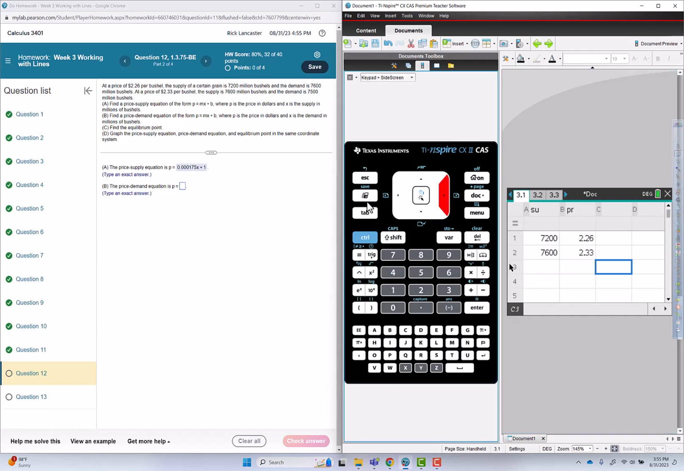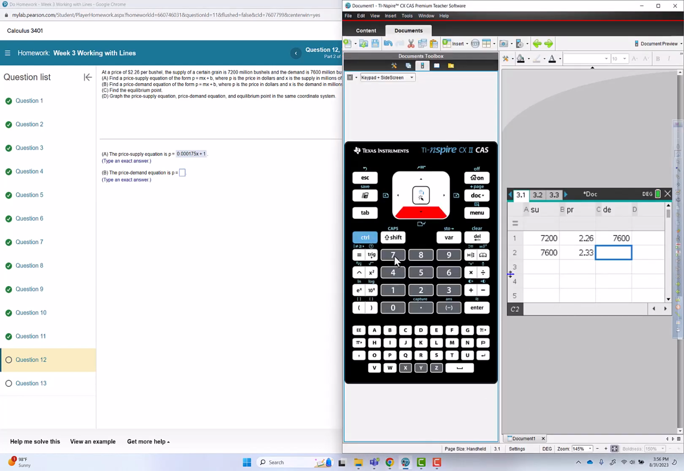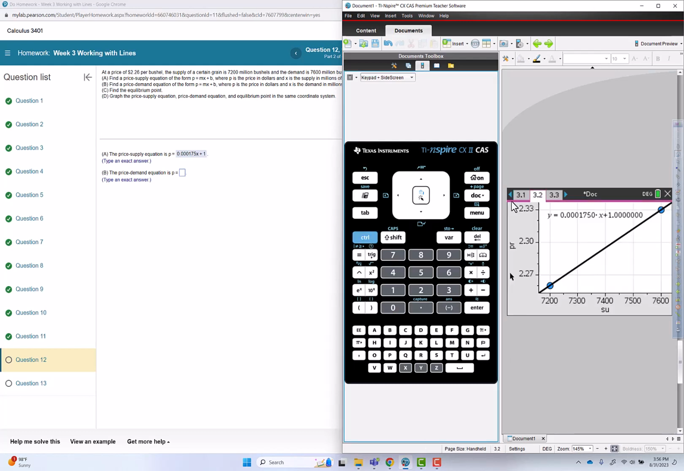So now I'm going to do the demand. At 2.26, the demand is 7,600. So I'm going to go to the top of the column here and name it DE for demand. So that is 7,600 at the low price, and then 7,500 at 2.33. Enter that. I'm going to go Control right arrow to get back to the Data and Statistics page, and